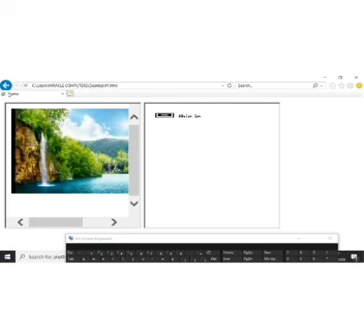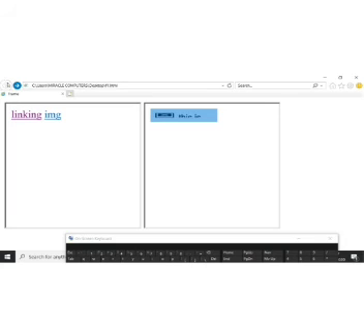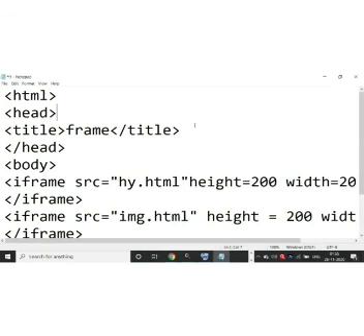Totally independent page windows. Within one browser window, there are two independent windows. So this is how you can use frames in HTML.